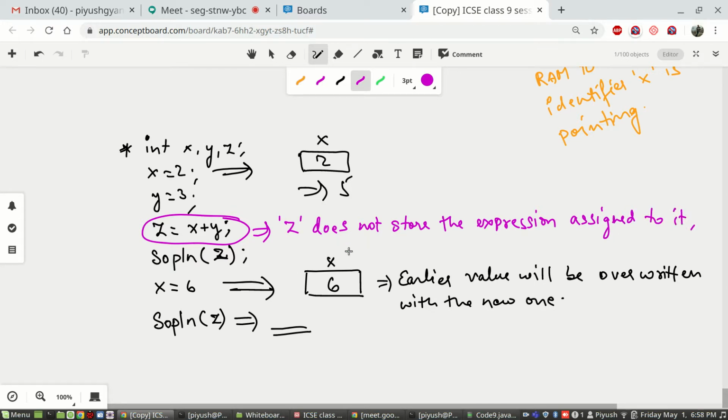Rather, it stores the result of the expression. So it will store the result of the expression.